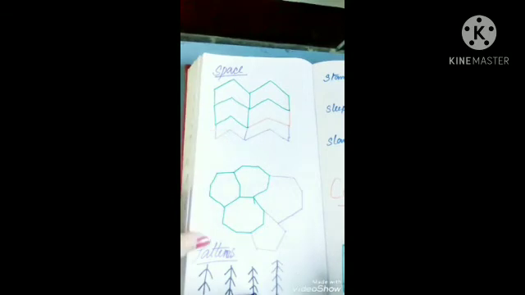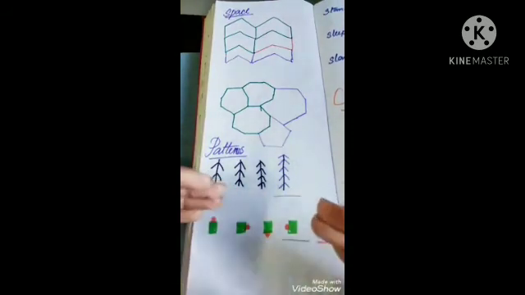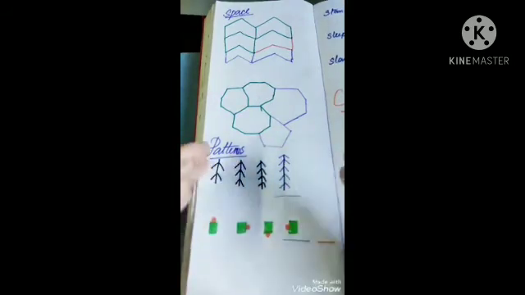Now I'll tell you about patterns. So students, patterns may be of different types. That means you have to see the rules first. You have to follow the rules and understand what they are following. You have to see the next, and then you will get an idea of how to solve. So here you can see this first figure.